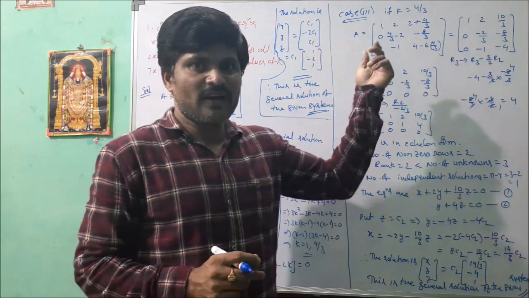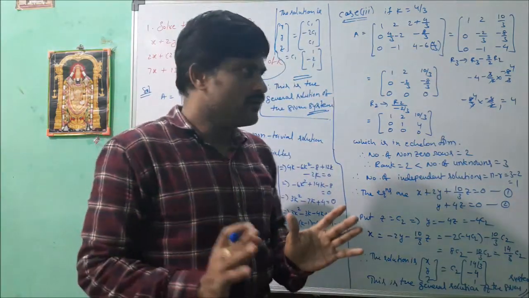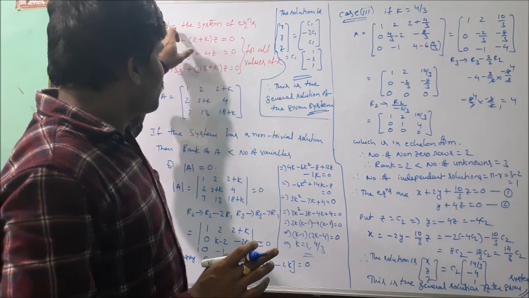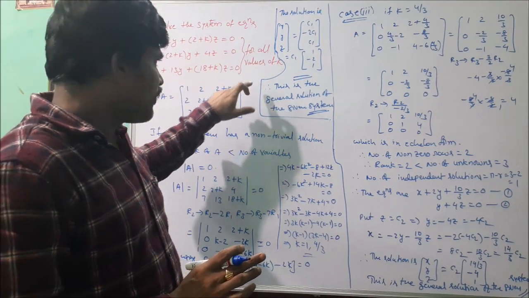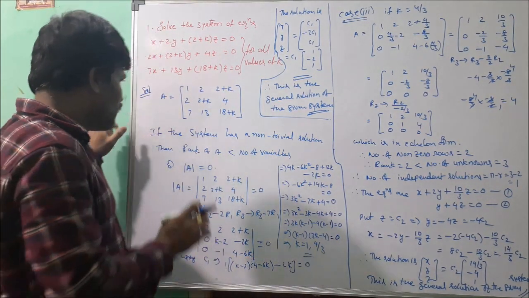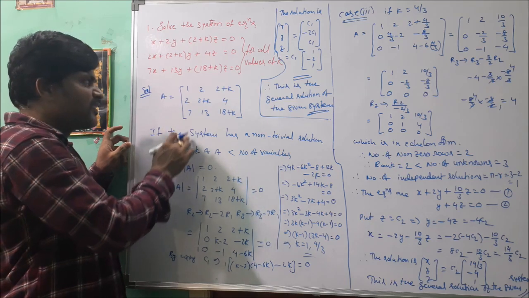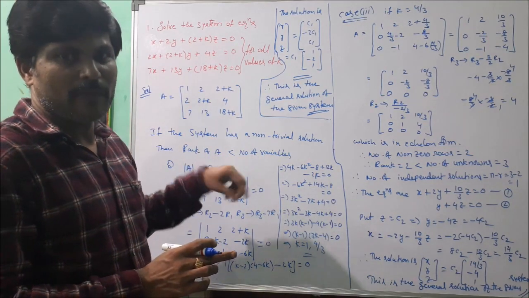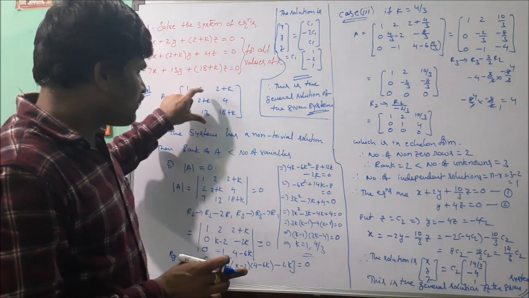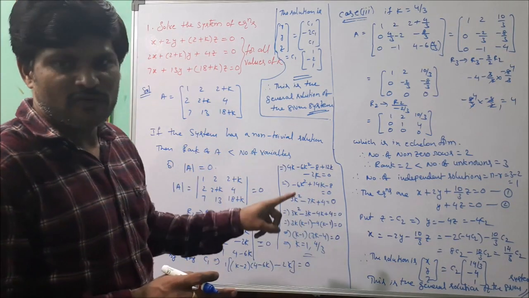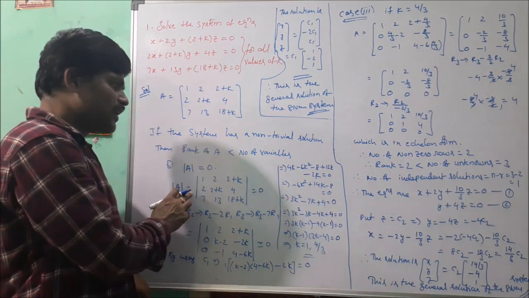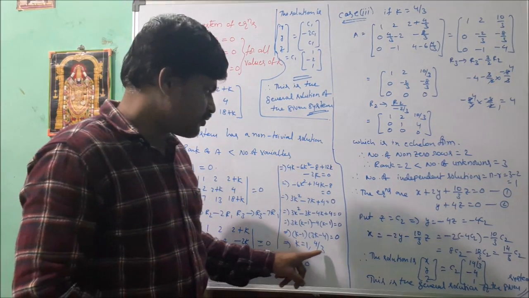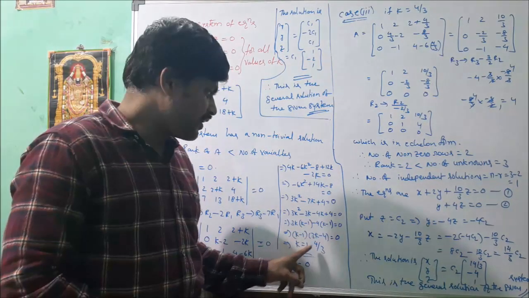So this is the case number 3. So here we observe the system contains some scalars. Now solve the system for all values of k. Now here we take the coefficient matrix, and here we observe this system has a non-trivial solution if the rank of A is less than number of variables, depending upon rank. Now we say that this system has non-trivial solution if determinant of coefficient matrix also 0. Now we take determinant equals to 0, then find k values. Now here k contains two values, that are 1 and 4 by 3.